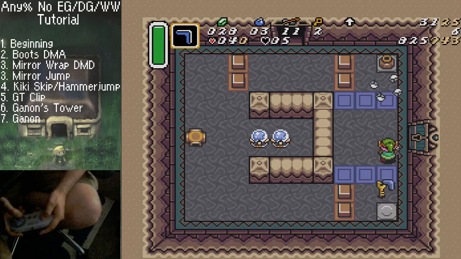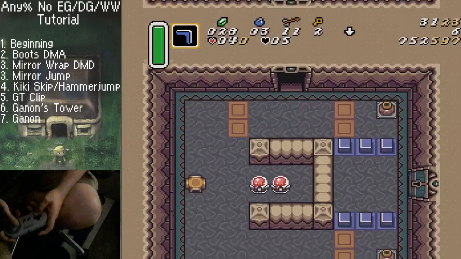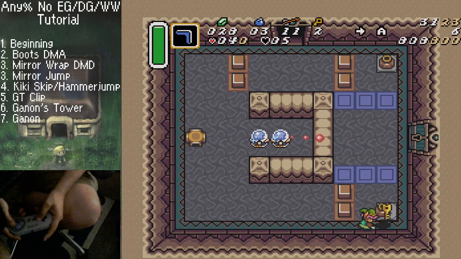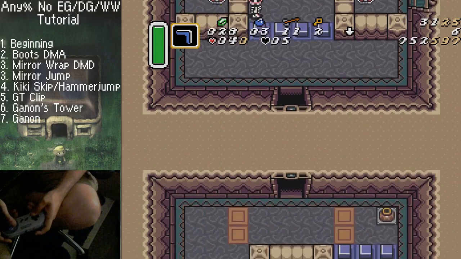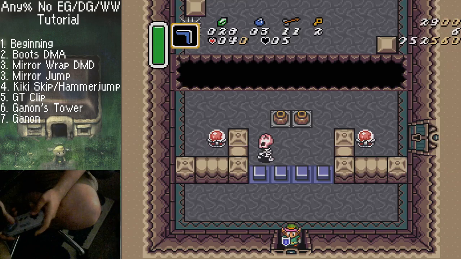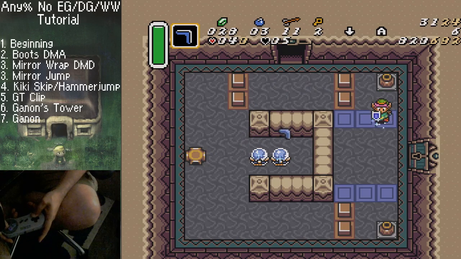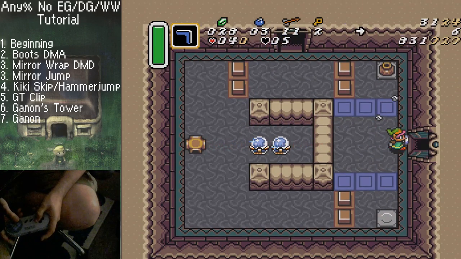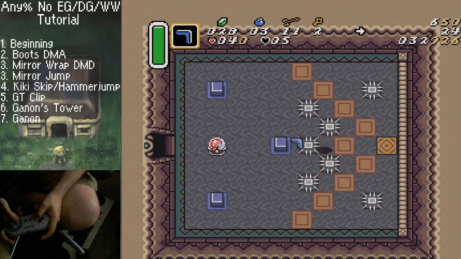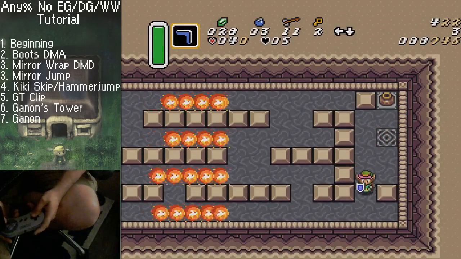Dash down, get the pot, boomerang the key. Nice swag boom. Once you're in here, stand on the pegs, boomerang the key, and get the iframes, and get over here. So now,